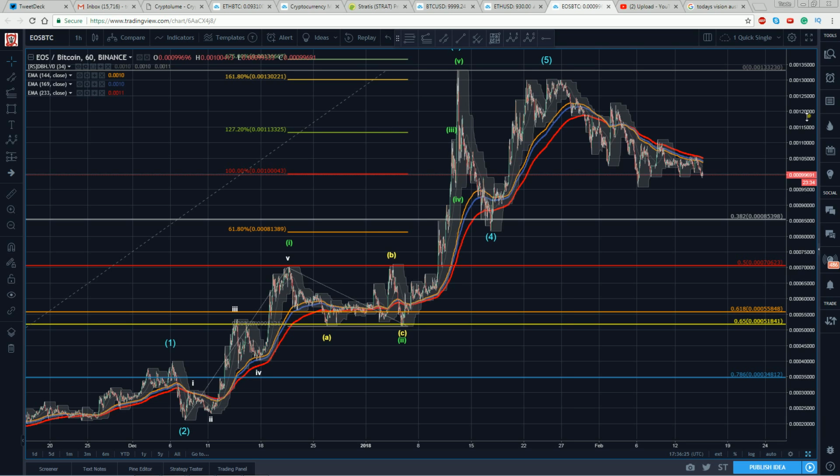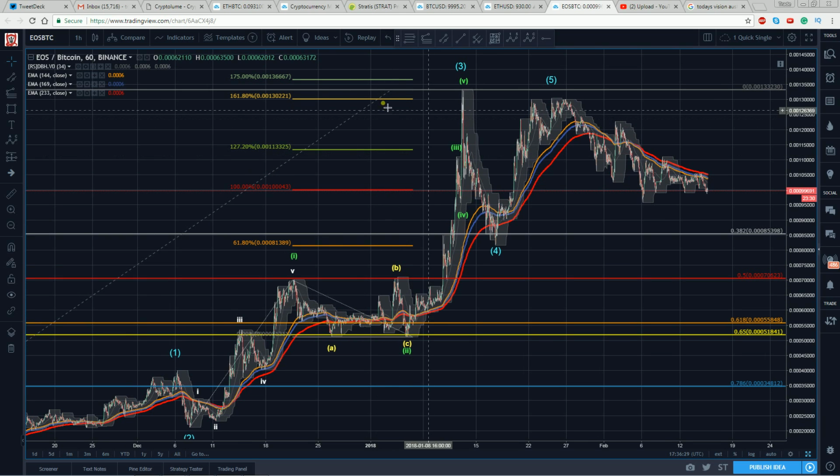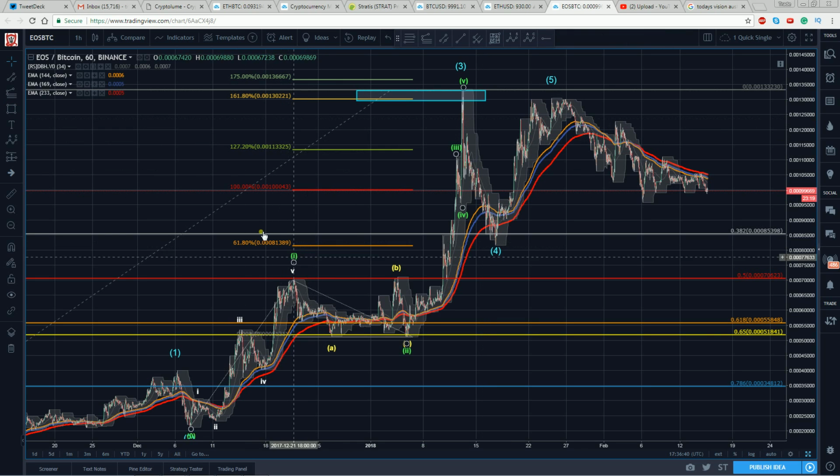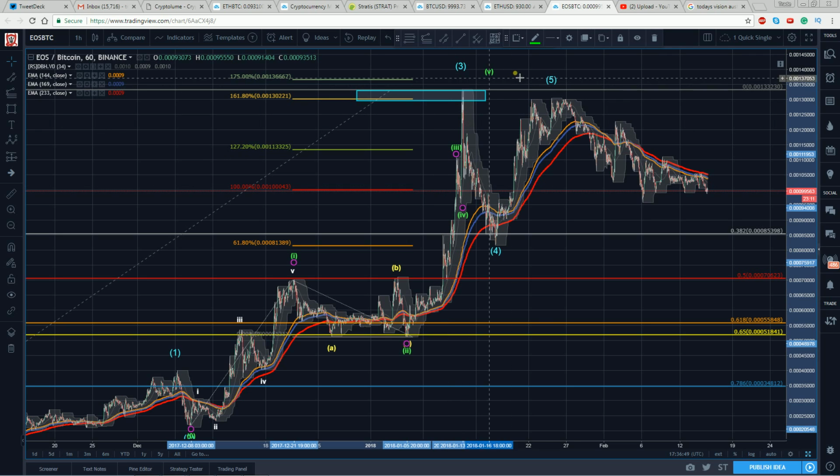So here, again, kind of mixed messages. If this is a 1, 2, the highest probability zone for the third is right up here at the 618, which is what catches this top. So, is this 1, 2, 3? So, you might have this. We do get subdivision here within this as the third. So now you've got to look at that and go, well, wait a minute. Maybe I'm playing this 3.